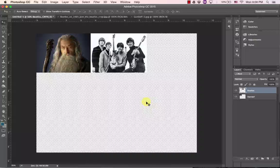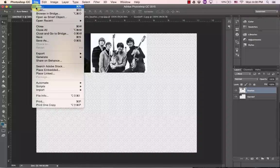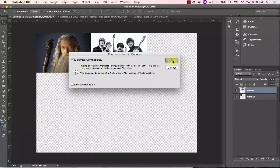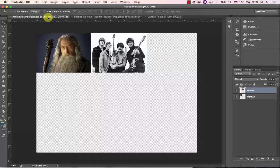Once you do that, I'll show you the last thing you need to do. File, save as. So put your name on it, something like that. And first you're going to save it as a Photoshop file. This is because you might want to go back and change some things later, and it'll keep all the different layers and all that information, and that's super useful. Problem is,